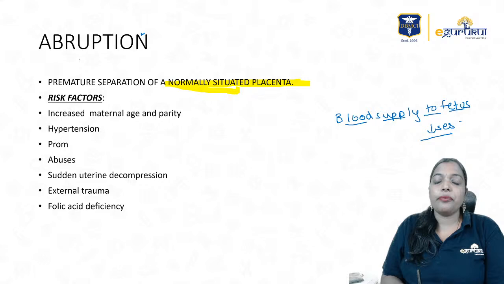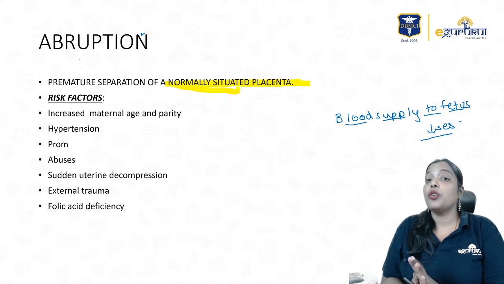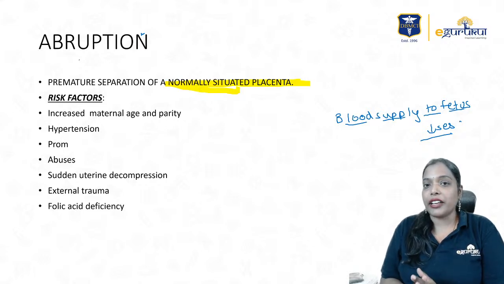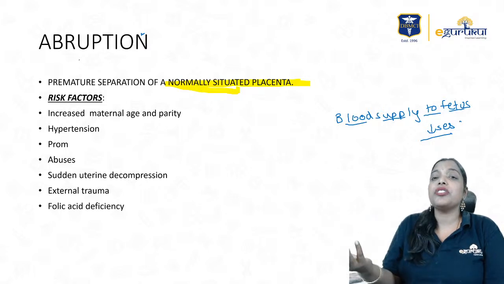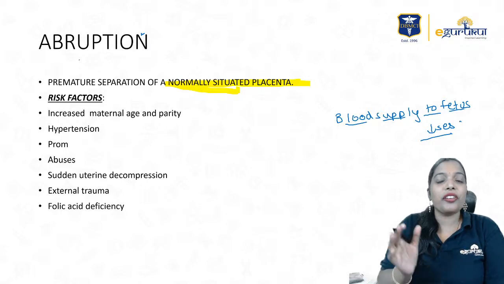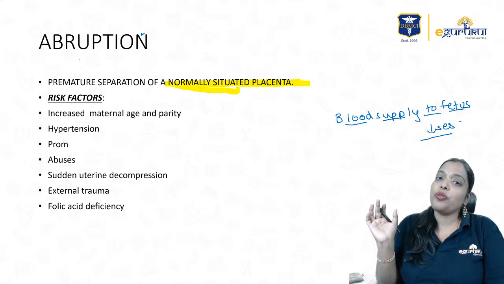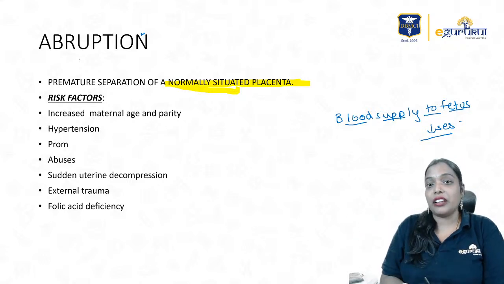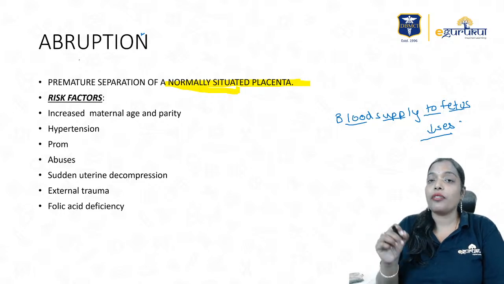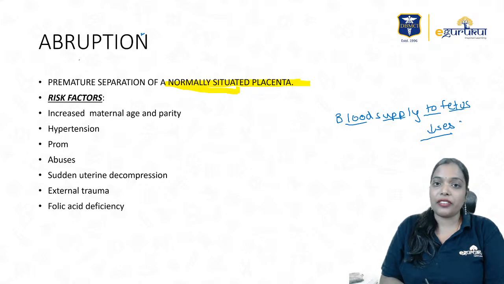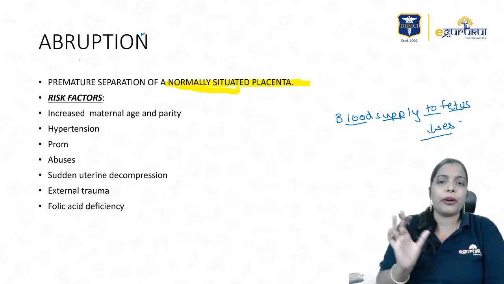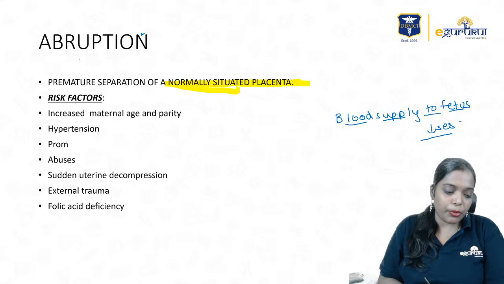Mode of delivery, again, all of you will answer cesarean. No. As the uterus is contracting, it is in full josh to push everything outside. When the uterus is in josh, you have to motivate that. So you will continue vaginal delivery unless there is fetal distress. Only if you have fetal distress do you go for cesarean section. Otherwise, you'll always go for vaginal delivery. So this is the brief about abruption, guys. I hope you all understood.